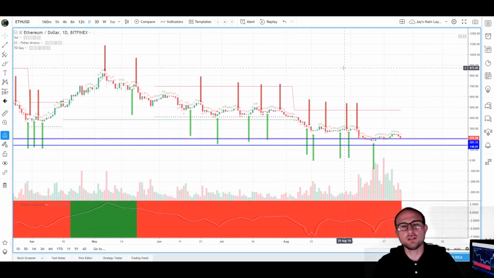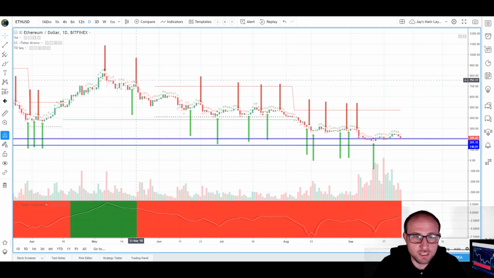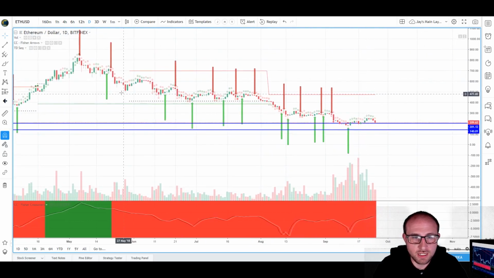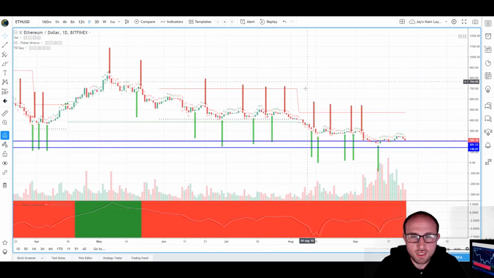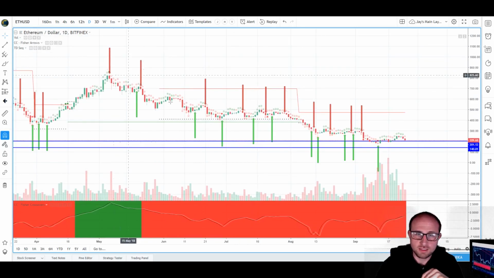This is a little brief intro, but one way to play this indicator, when you're looking at Fisher transform crossovers, is that when you're in a bearish market, as indicated by the red background, you're taking short entries. You're not looking to take long entries. And in this market, I have not been bullish on Ethereum. You could have played the 1 hour or the 4 hour chart if you were looking to scalp, but for a long-term position, obviously, this is a bearish entry, and all these short entries would have been extremely profitable for you.